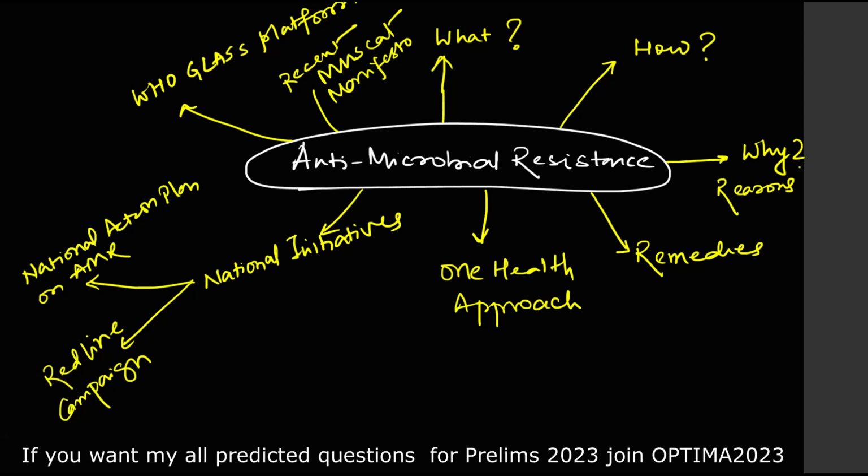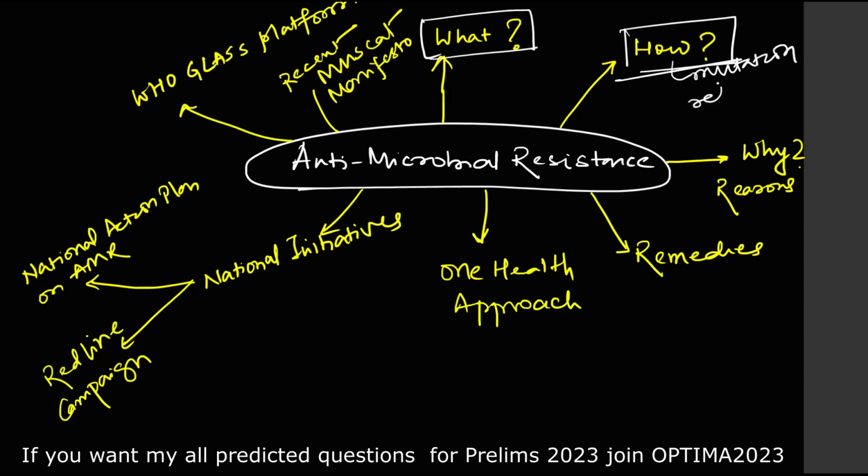First of all, what you need to prepare is what antibiotic or antimicrobial resistance is. It is a phenomenon through which microbes, the bacteria, become resistant to antibiotic medicines. Then how does it happen? What is the science behind that? Which is basically mutation and related concepts, which you need to read.